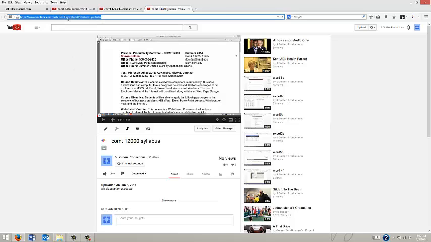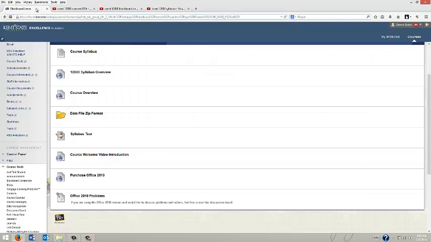What I'll do is notice the web address up here in the address bar. Now there's no way conceivable that you could remember that, so what we need to do is copy that, and we're going to paste it specifically into Blackboard, and I'll show you how to do that in a moment. So I'm going to right click and copy that web address for my video. Back in Blackboard,